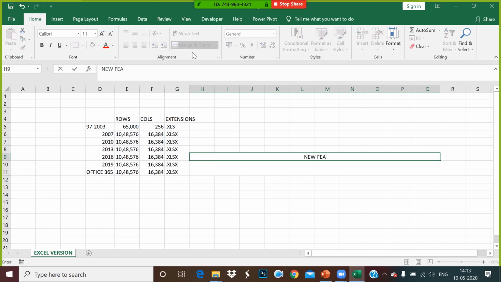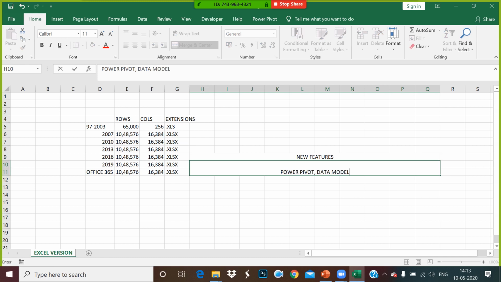The new features in Excel are Power Pivot, Data Model, Slicer, Map Chart, Navigation, and Sparklines. You also get the Analysis ToolPak with more features.